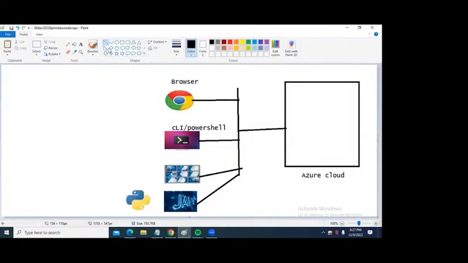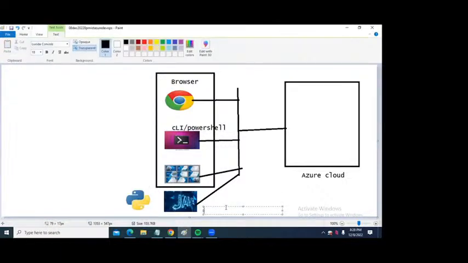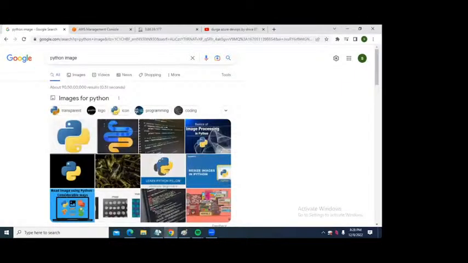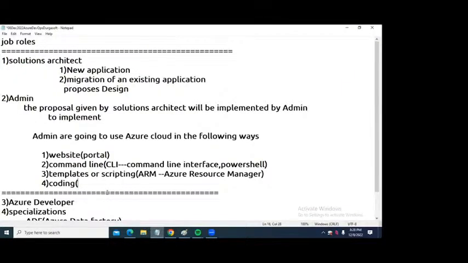Our major focus is this. If a person wants to use Azure from coding, he can use Java coding, Python coding, .NET coding, whatever it may be. The reason why Azure has given these four ways, let us consider a small example.